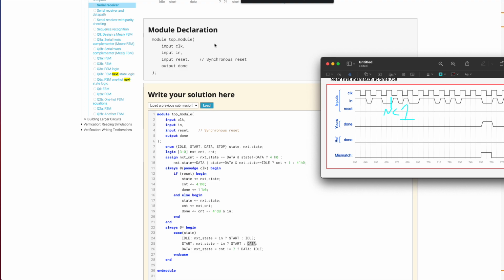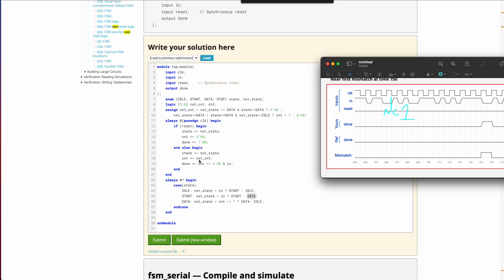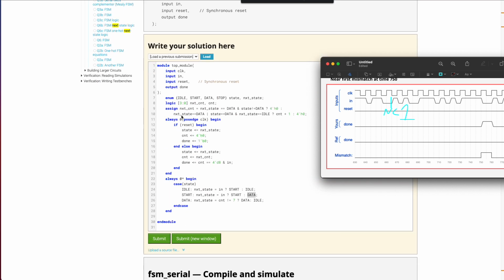But if my state is data and my next state is idle, that means count must be 7. So how does next count end up as 1? And if next state is data causing this,